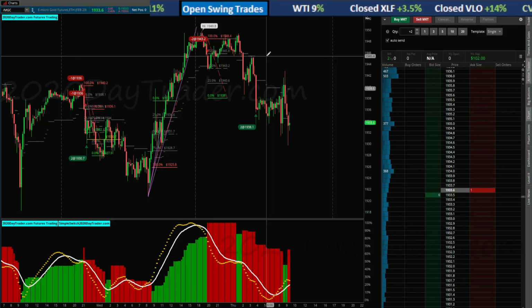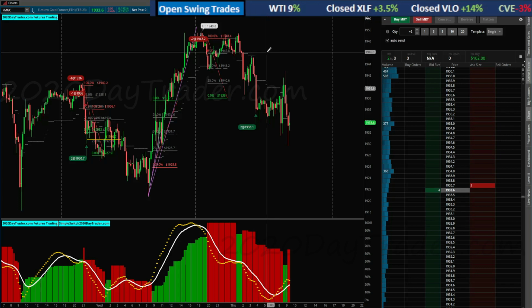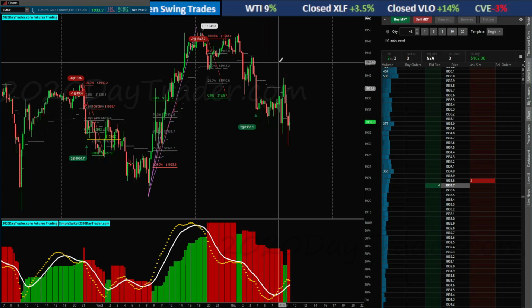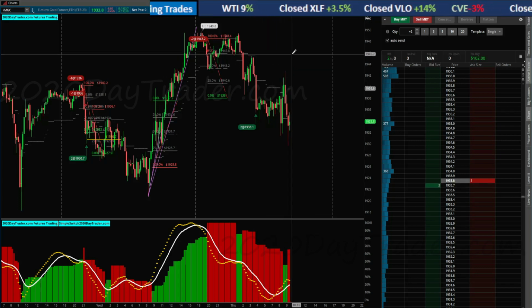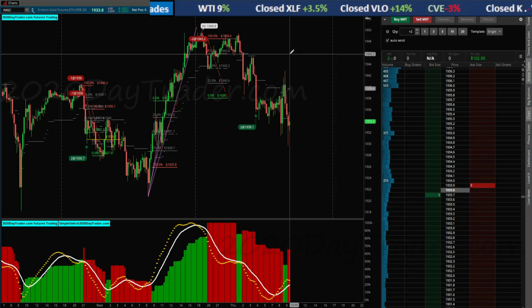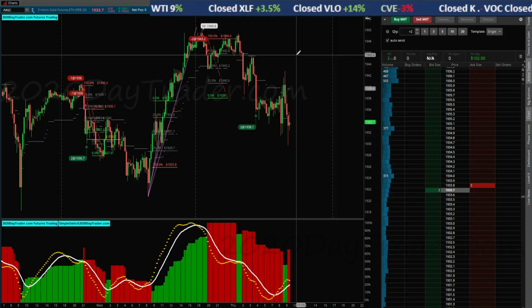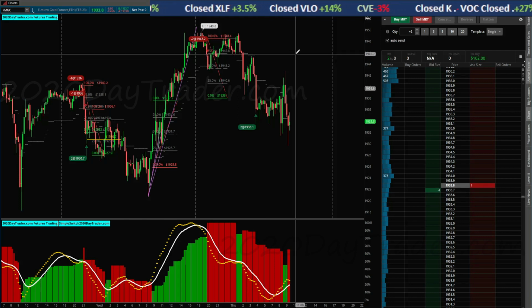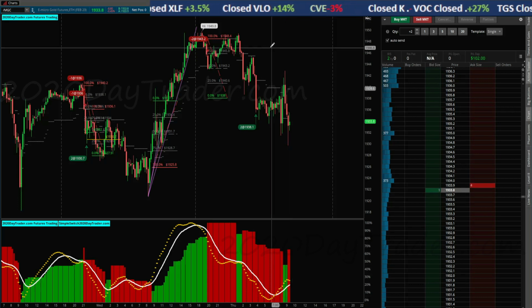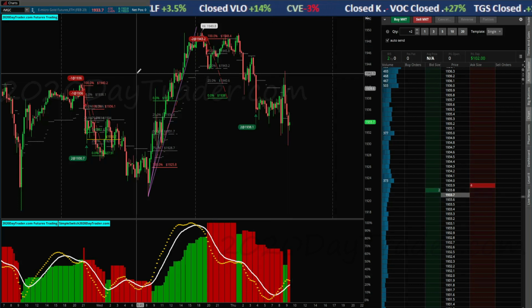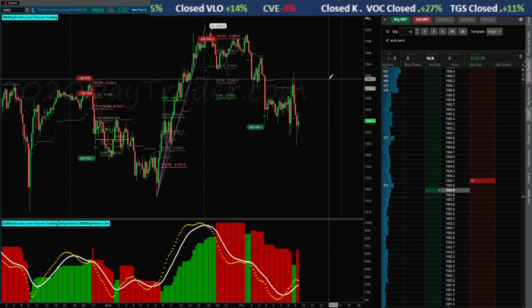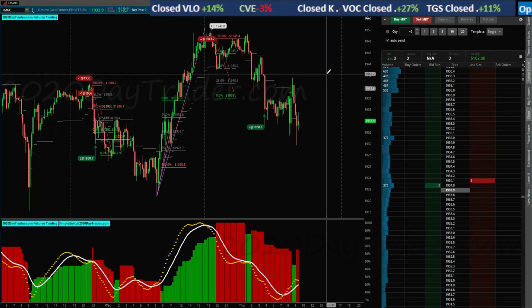This quantifiable data, this statistical proven probability of success, is what has made me successful as a trader. I've been trading for 26 years. I have not been successful for the entire 26 years. The beginning of that was a disaster for me, like 10 years of disaster. And the biggest reason is because I was trading on technical analysis. And I think if you trade on technical analysis and that is the way you're planning to get into your trades, you're probably not going to be successful in the market.